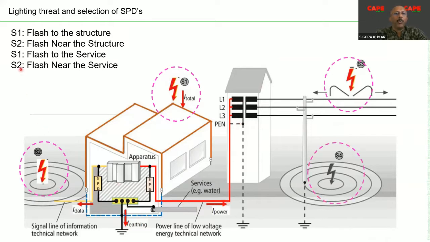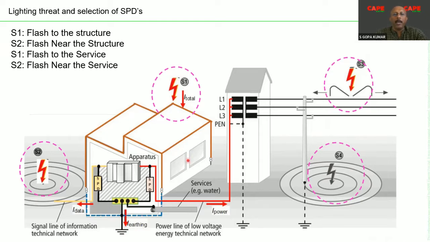And the fourth one, this is S4, not S2. Actually, S1, S2, S3, S4. S4 is flash near the service. That means near the power line, you have a lightning strike. So these are the 4 different types of threats. S1 stands for direct strike on the building, S2 near the building, S3 on the service, S4 near the service. These 4 threats are going to create failure in your building, and in order to protect your electrical and